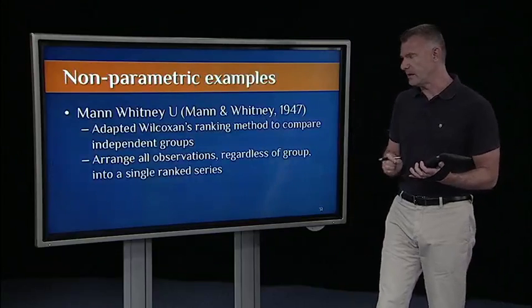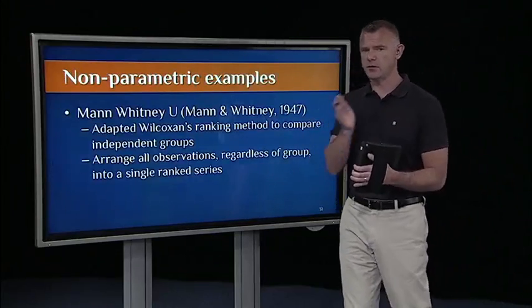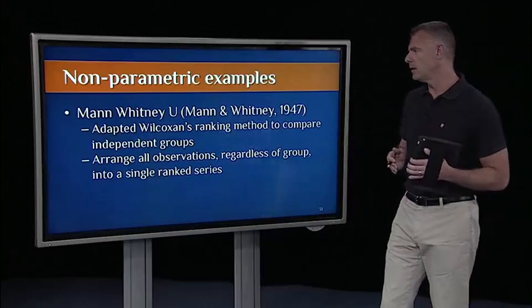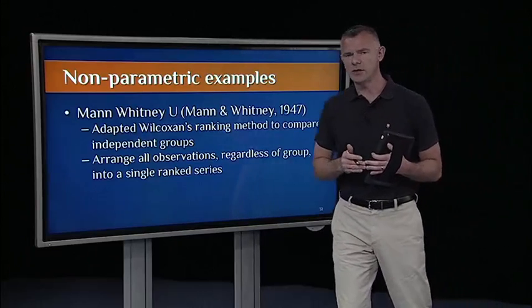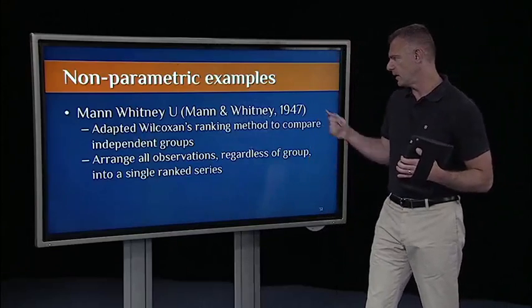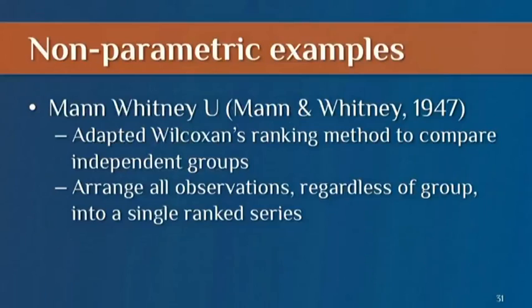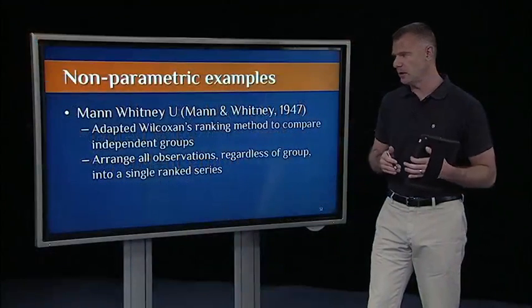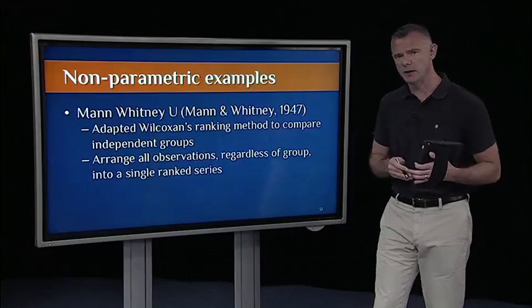So now let's look at the independent case. So that was for paired samples or dependent. In the independent case, the procedure is called Mann-Whitney's U test, and it's based on a paper by Mann and Whitney in 1947. Again, they just adopted Wilcoxon's procedure. Wilcoxon actually developed the procedure for both paired and independent, but Mann-Whitney improved upon it, so now it's known as